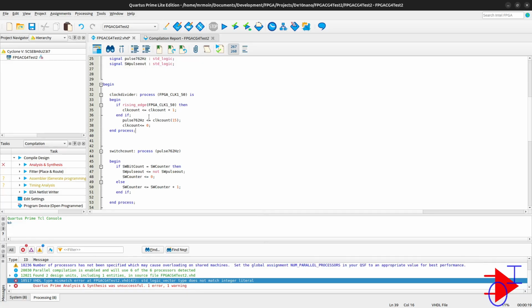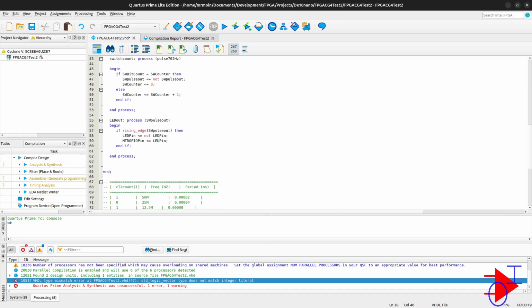Not sure, it doesn't like the std vector type, does not match the literal. I think this requires a full bit representation, so actually it's going to be all zeros. How can I do all zeros? Let's see. This is, and here